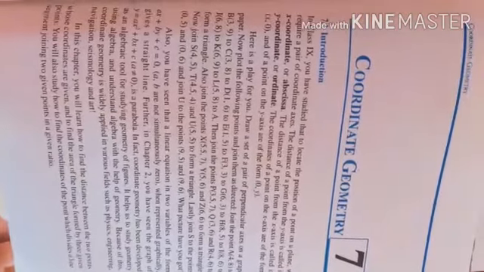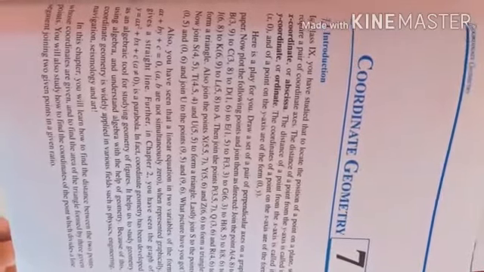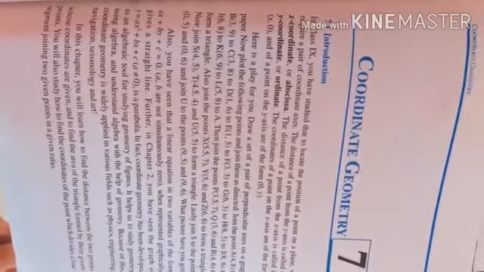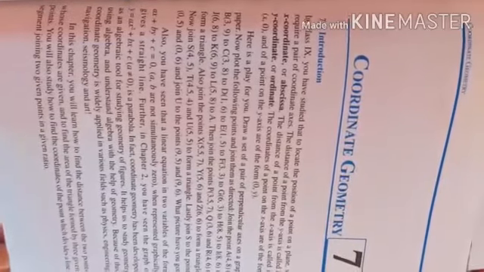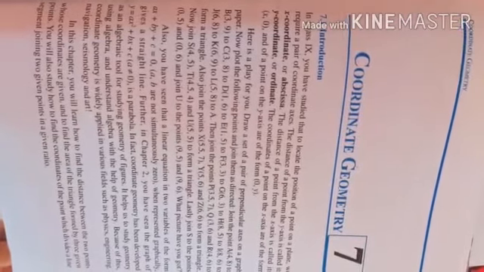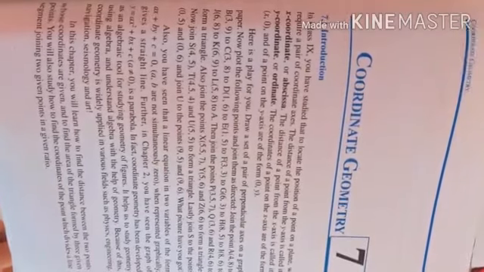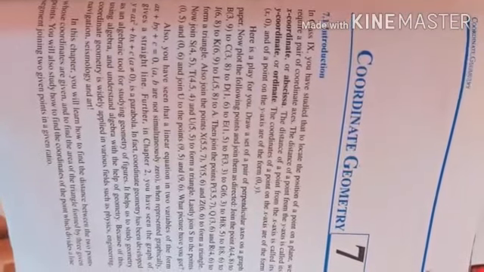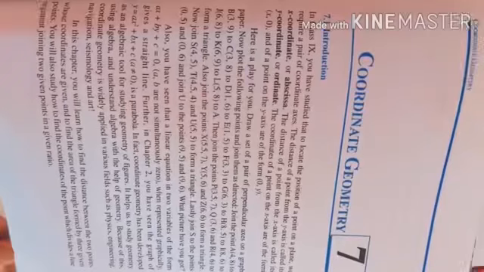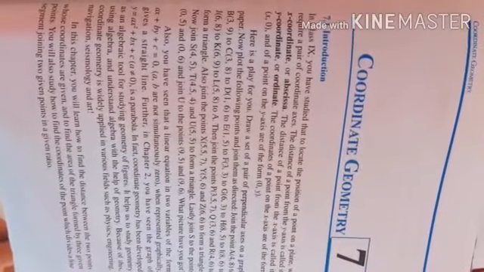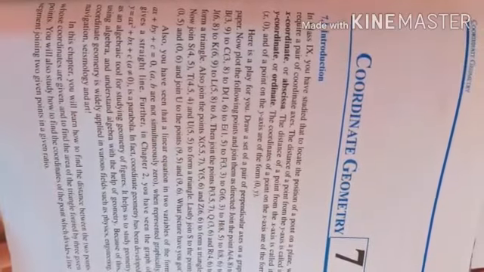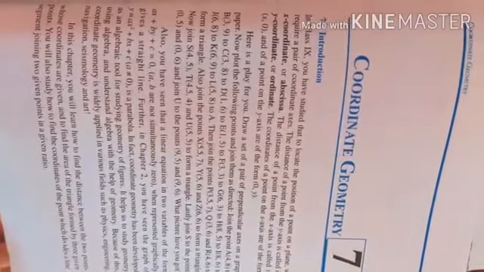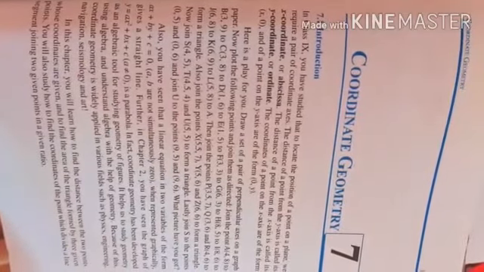Beta, you have been studying coordinate geometry from 8th class. In 9th class you studied about the location of a point, that is, if one point is given, how to locate that point in the Cartesian plane. But in 10th class, beta, we will study the distance formula, the section formula and the area of a triangle. Area of a triangle means how to find the area of a triangle with the help of the coordinates of its vertices.